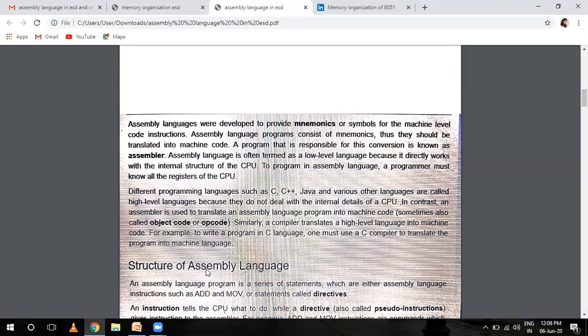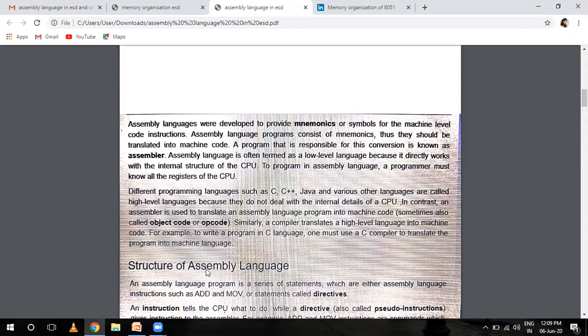Assembly is often termed a low-level language because it directly works with the internal structure of the CPU. To program in assembly language, a programmer must know all the registers of the CPU. Assembly language programming uses mnemonics, and these mnemonics are provided by the assembly language.